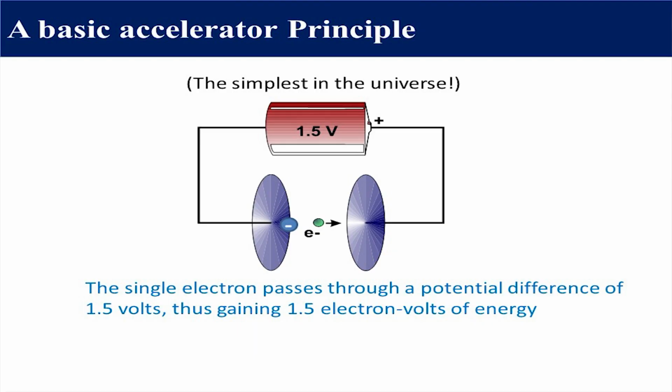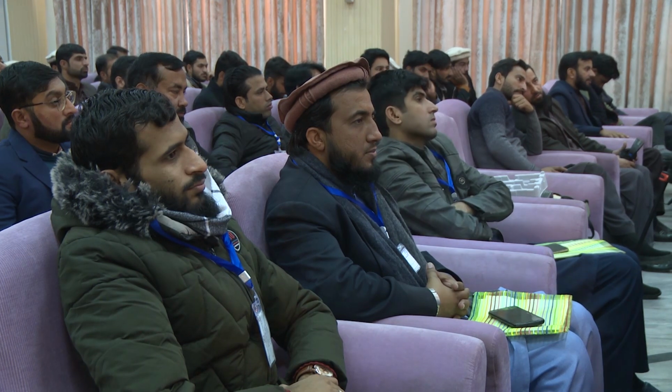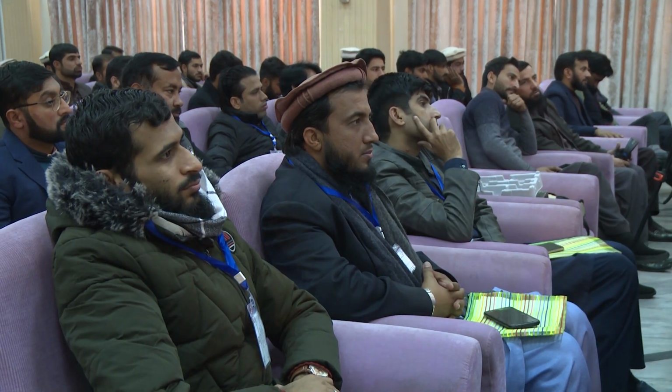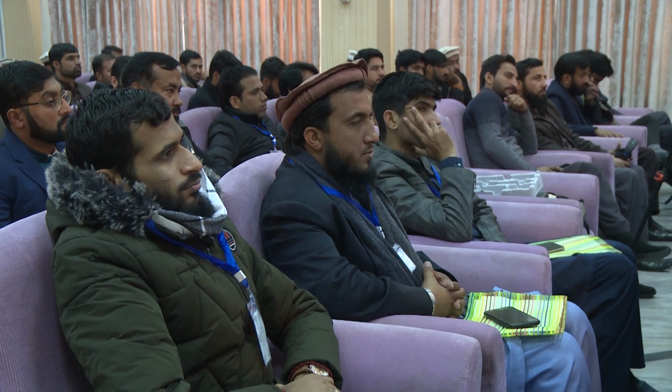This accelerator you can see here is kilometers in size. Then we can get energy in giga electron volts, mega electron volts. So the size is very large. If we reduce the size, we can use magnetic fields. Here you can see it is compact, and we can get high energy ions, like cyclotrons and synchrotrons. I will discuss this type of accelerator. And you can see here, if we apply 5 volts, we can get 5 electron volts for these ions.